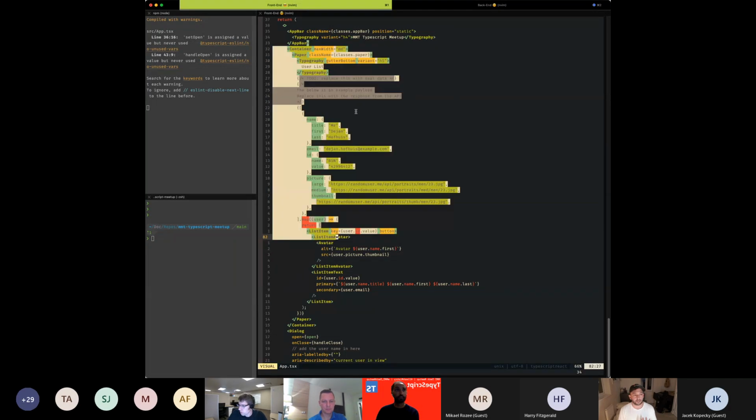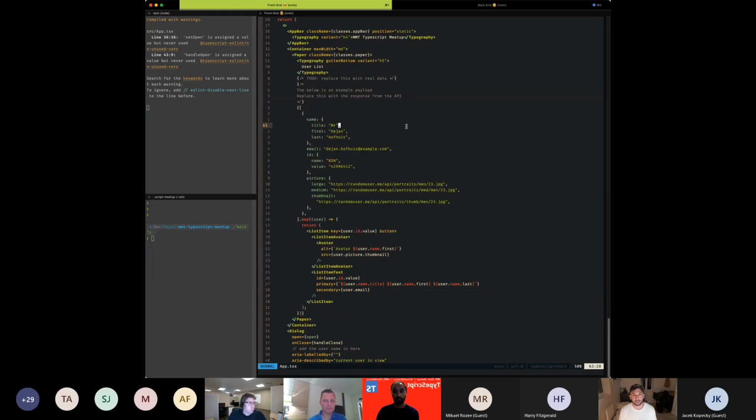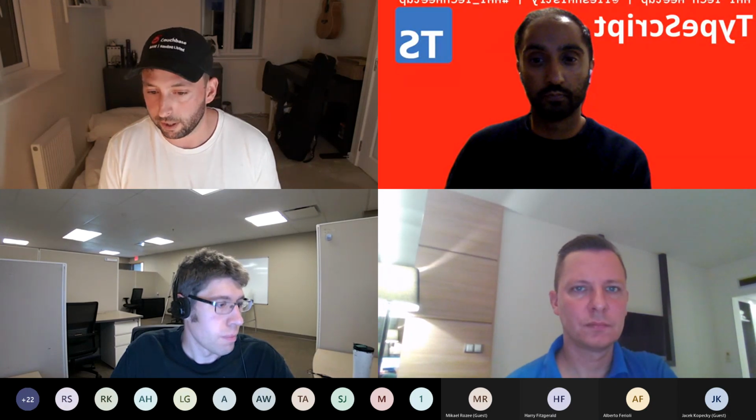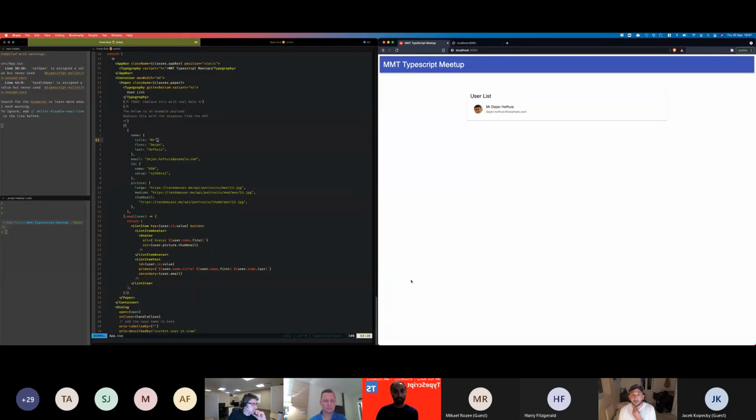I'm assuming you can see this. I've just highlighted some code. I'm assuming you can see that. Yep. Give me a shout if you can. Yeah. Oh, actually, I've just realized you probably need to see the web browser as well, which will help. So give me just a second. I think it's this one. Presenting. Cool. I do apologize to those of you on smaller screens. I do have a slightly wider than usual monitor. So I'm hoping you can see that. We've got the MMT TypeScript Meetup app on the right, code on the left. Give me a shout. Yeah, that's okay. Yeah, I can see it. Very small. Oh, listen to all this interaction. It's like we're humans. Sip of the old whiskey before we carry on.